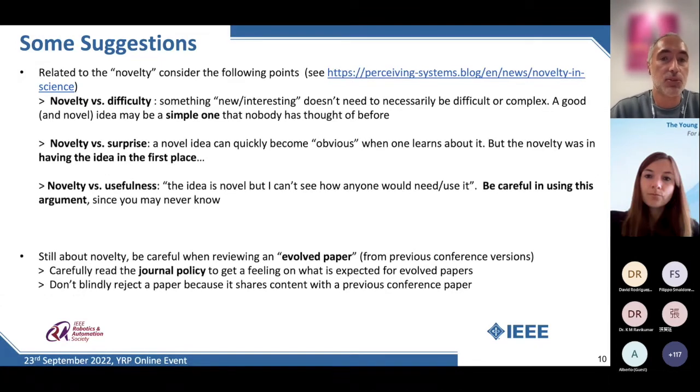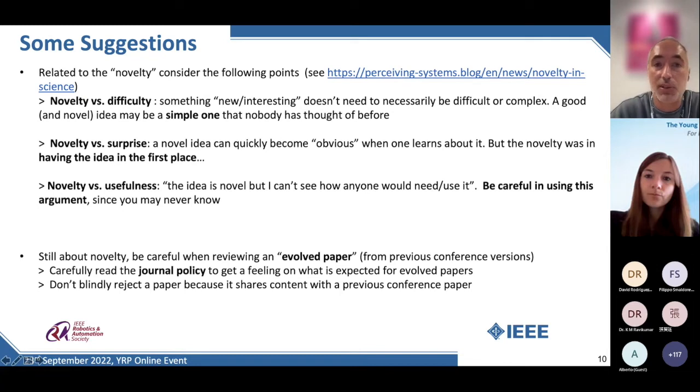Now, coming to novelty, I found this blog from Michael Black at the Max Planck Institute in Tübingen, very nice. I suggest you read it. He shares his thoughts about what is novelty in science. So novelty, of course, is hard to judge. Everyone may have a different feeling on what is novel and what is not novel. These are just suggestions, so you shouldn't